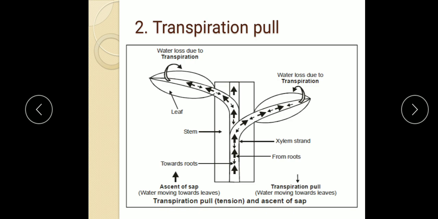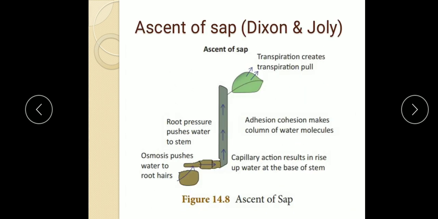Water and minerals absorbed by roots are conducted upwards through the xylem to the other parts such as stem, leaves and flowers. This upward movement of water, or cell sap which contains water and minerals, is called ascent of sap. This definition is given in your book, that you underline. What is ascent of sap? That continuous movement of cell sap in upward direction. So the upward movement of cell sap which contains water and minerals is known as the ascent of sap.